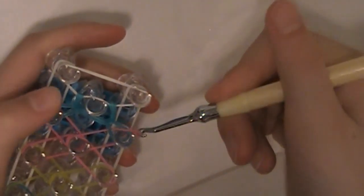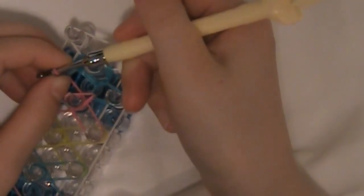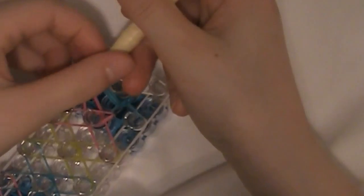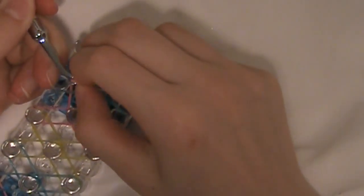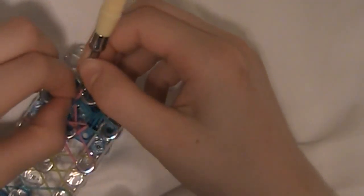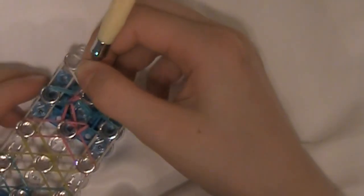grab the pink, pull it down to the middle peg. This time it won't be quite as loose. And reach into the blue, grab the pink, and pull it down to the middle. Oops, I accidentally grabbed a blue band there too, so if that happens, it's okay. Just find the band. I'm having trouble picking it up. There we go. And you want to pull your pink band through that one, so like so. There. And now we're going to put that onto the middle peg,